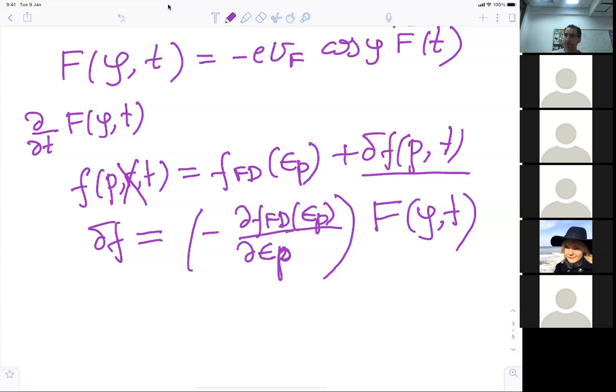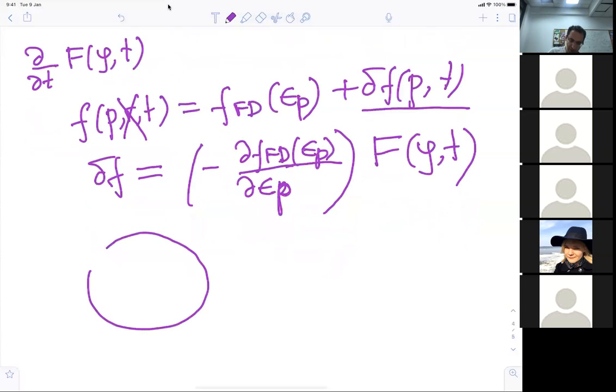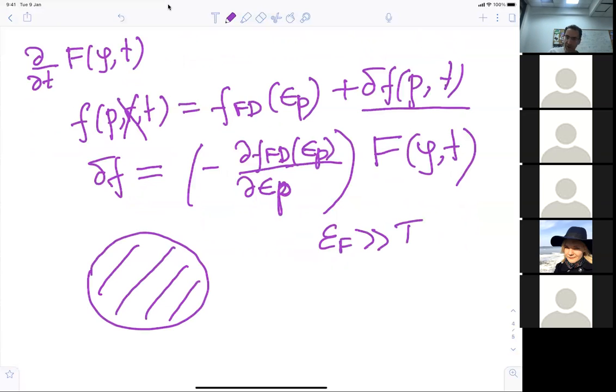And in general it has a time dependence in it. So these parameterizations suggest that only electrons in the vicinity of the Fermi surface, so if I'm drawing my many-body state, this is my Fermi surface, are affected. I assume that the Fermi energy is much larger than temperature. And then I assume that under the influence of the electric field, only a tiny shell in the vicinity of the Fermi surface is changed. So capital F